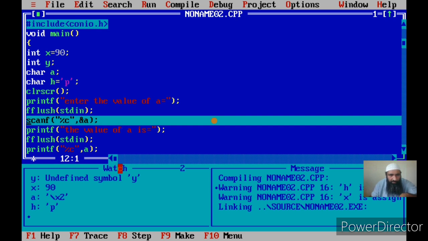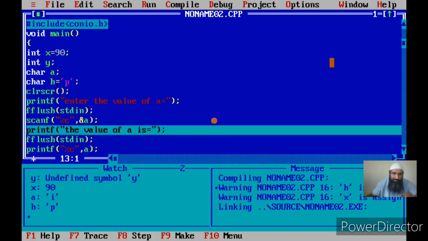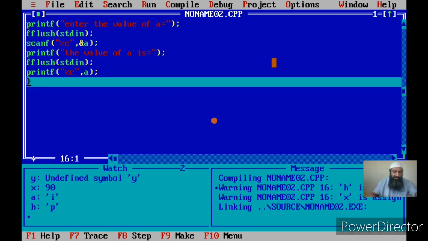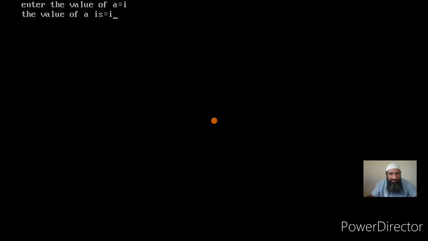Now I give a single character. scanf is right now executing. It is waiting for the character that will be typed by me, and I have typed I. Then it is waiting for the enter key. Once I press the enter key, scanf is terminated. It has captured the input and stored it in a, and the proof is here. In a now we have got I. Before this we had a junk value in it. Now what's the proof that the value has been stored in a? You can display a, and if a displays I, yes, I is displayed.